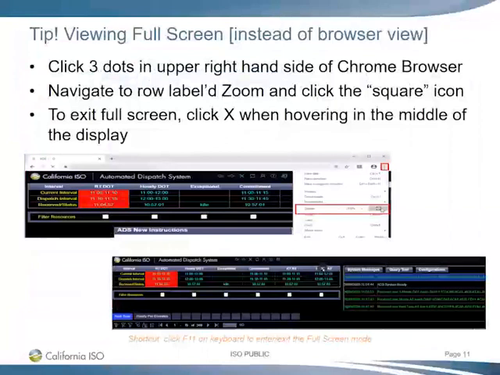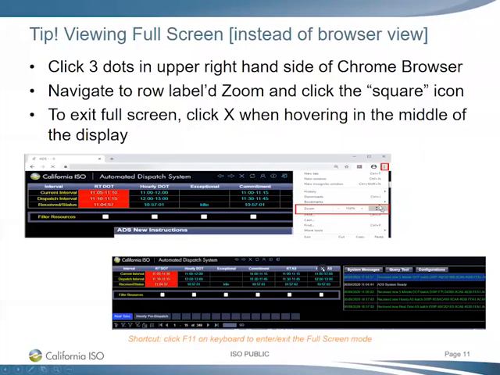So one tip when you're opening the application, and I just put this here, you don't have to remember this today, but maybe when you're referencing back as you start jumping into the application next month, if you want to view it full screen instead of the browser view, so like if you see in my screenshot here, you can see the bar from the Chrome application, but in this one, it is not there. What it does is it expands to the full screen, and then it gets rid of this little top bar here. To do that, you would click the 3 dots on the Chrome browser and then click this box here,